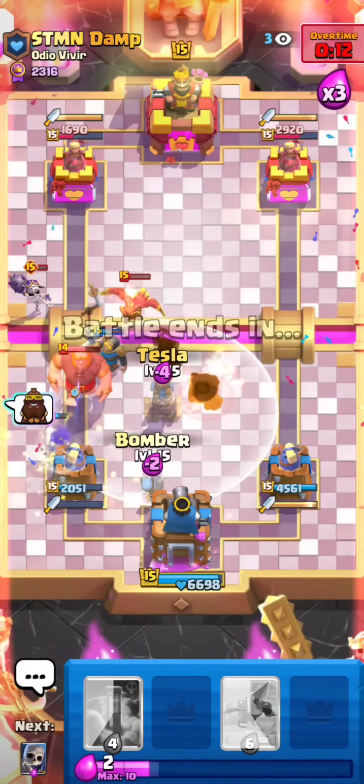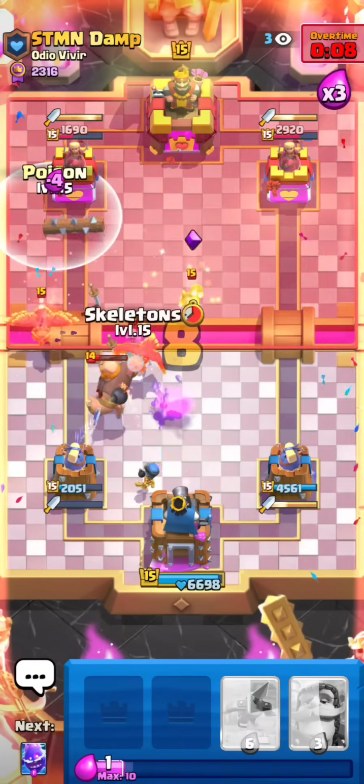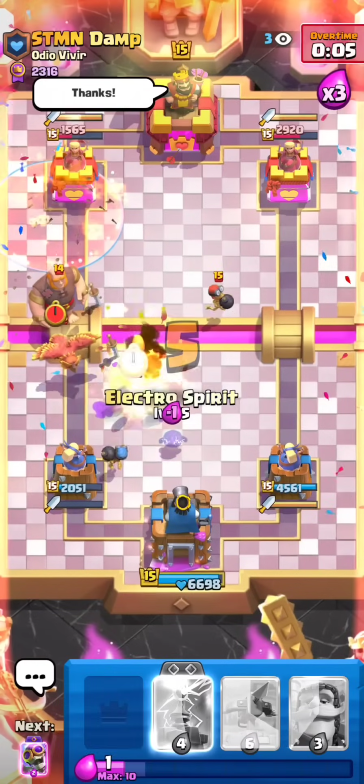I have to get back to a Tesla. I can't choke right now. Hold up. I have to Log to kill the Bomber, and then I just have to stall and I win. Okay, I think I'm fine. I'm just going to poison to be safe and get, like...